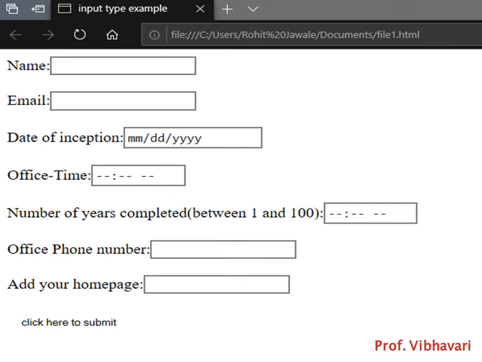The date of inception shows the particular format of the date in the form of month, day and year. Office time again represents the particular format for that. Number of years completed between 1 and 100 again represents the same format. Office phone number, add your URL here and click here to submit.